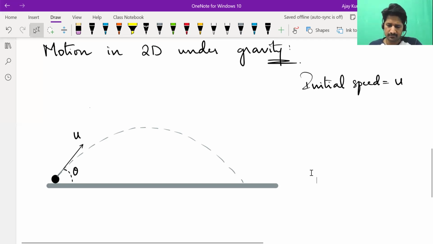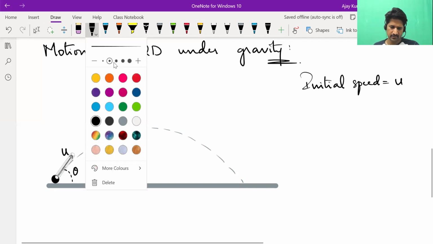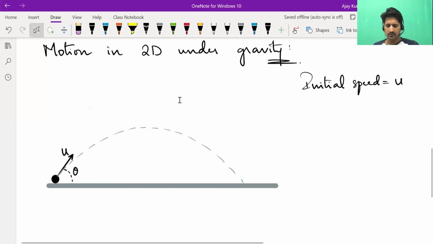Tell me, after projection, does this object have acceleration or not? Yes. Okay, what acceleration does it have? Acceleration due to gravity, correct. Fine. So we all know that it is gravity that makes the ball come down. In fact, if gravity had been absent, air resistance also absent, then no acceleration at all, the ball would have kept going straight like that. But that is not what happens in this case.